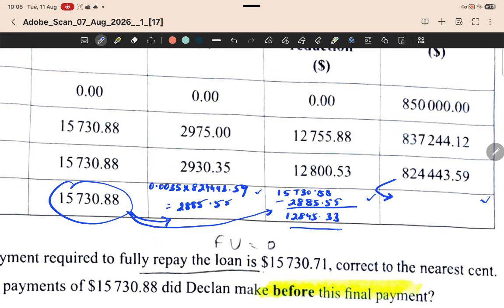Now this principal reduction value is actually what reduces your outstanding balance. So when you take your previous outstanding balance and you subtract from it your principal reduction, you get the next outstanding balance, which is